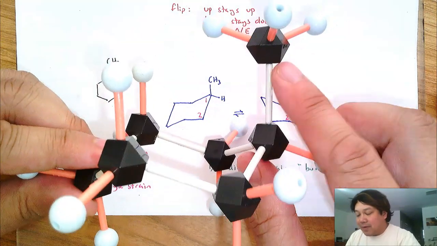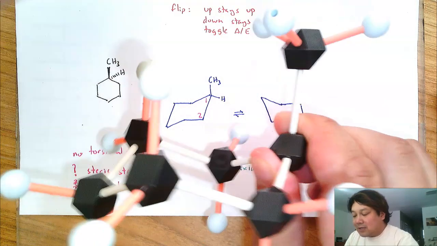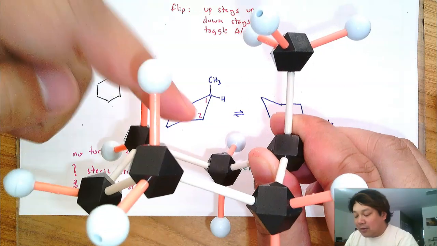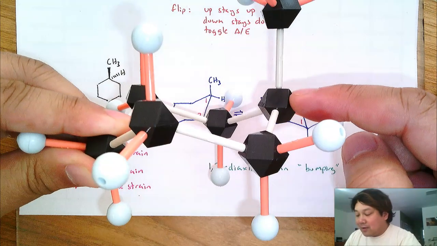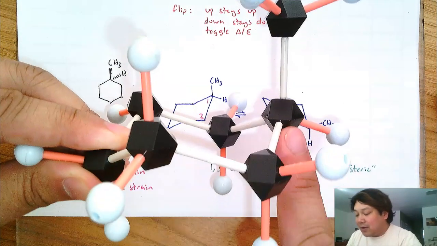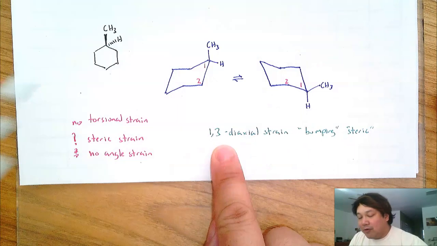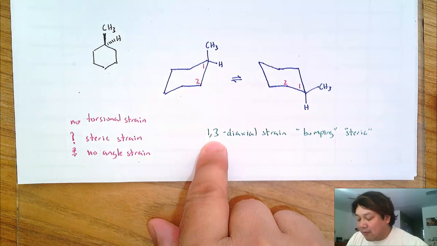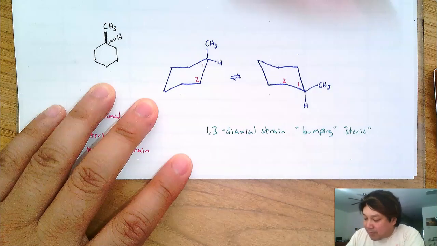See, my methyl group is straight up, axial up, and as this methyl group rotates, it's actually getting really close to these two hydrogens that are 3 carbons away. How do I want to say this? So if this is carbon number 1, the second carbon, the third carbon. So this hydrogen is straight up and down. If I count the other way, this is carbon number 1, the second carbon, the third carbon. So when they say something like 1,3, it's the relationship. It's the hydrogen on the third carbon relative to the group on the first carbon. So I'm going to maybe put a little